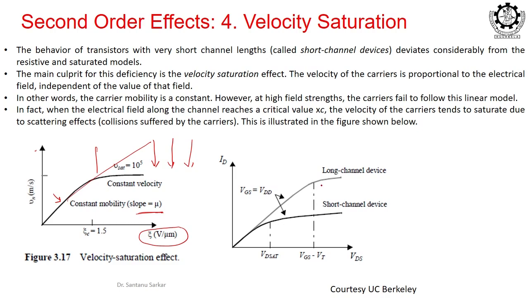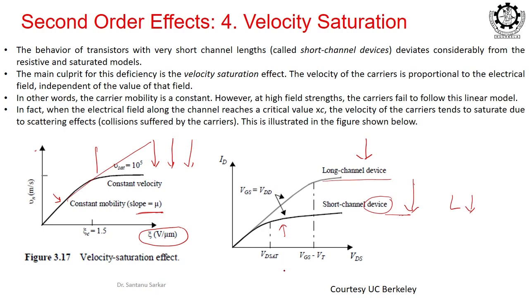Okay. Because of this effect, we see that in long channel devices, in the saturation region, our current was constant, right. But if you consider a long channel device and a short channel device, you will see that saturation of the velocity is happening quite early. Because in short channel devices, what is your electric field? V per micrometer. So, in a short channel device, as your length is already decreasing, your electric field gets stronger at a lower